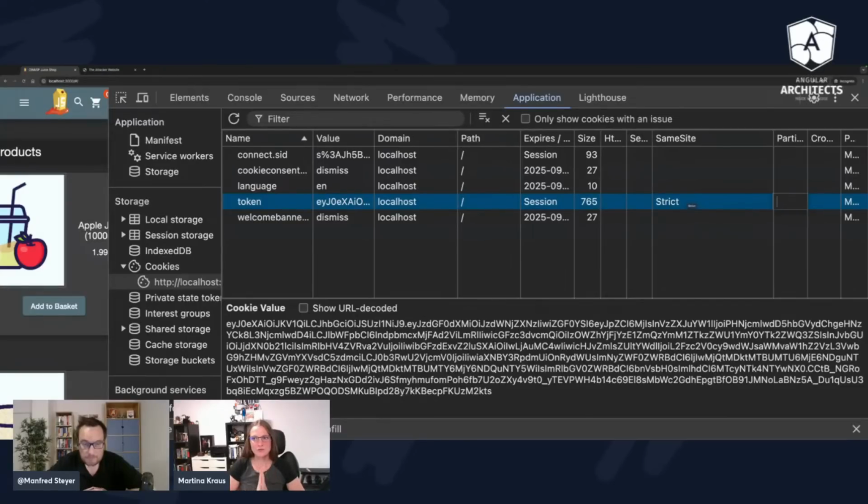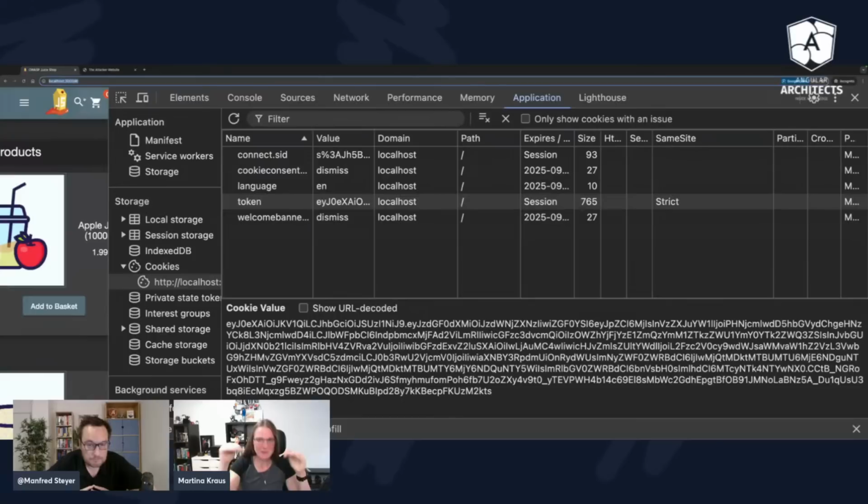So what Strict does in this context, it just allows this cookie to be sent if the domain over here matches exactly the domain you entered here in the address bar. This must be same site. That's why it's called SameSite Strict.